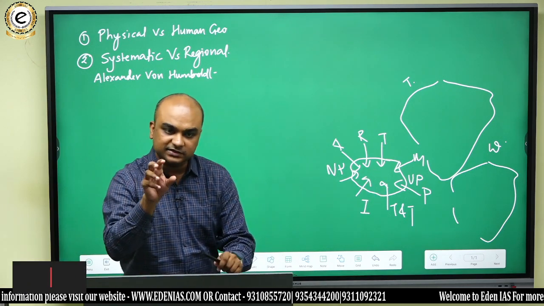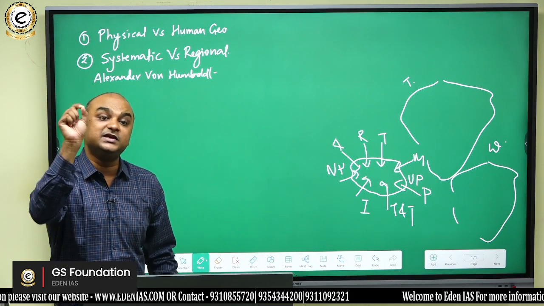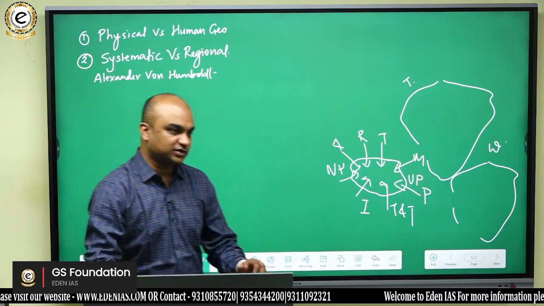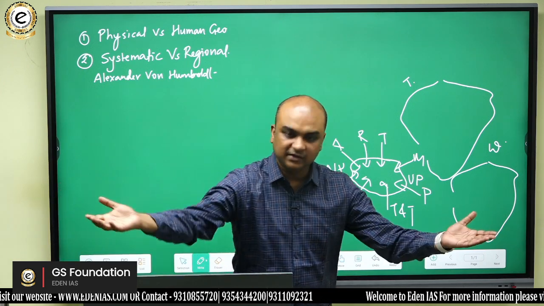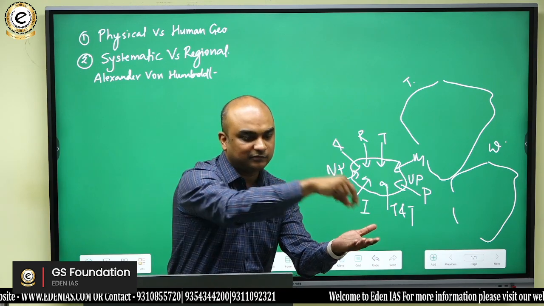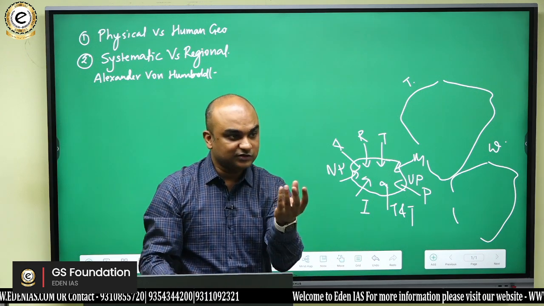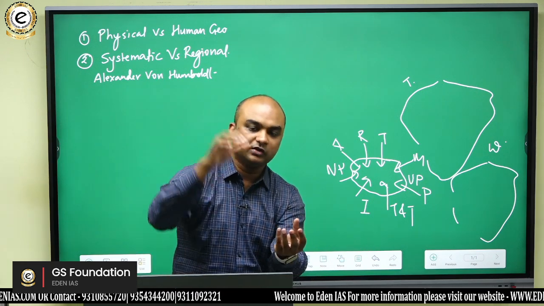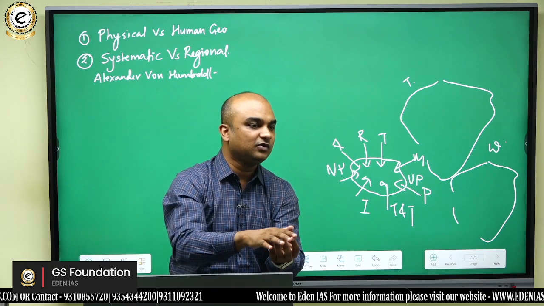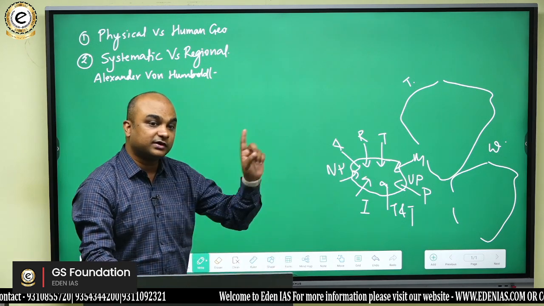Because we are focusing on the region. Whereas in systematic geography, we are focusing on a theme. Got it? तो ऐसे सोच कर देखो that we have several regions. In systematic geography, we take one variable and we move from region to region. Whereas in regional geography, we focus on one region and we take all the geographic variables, and whatever we know, we try to put that.